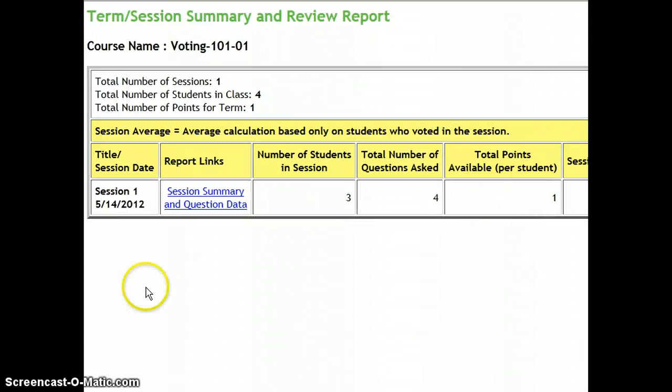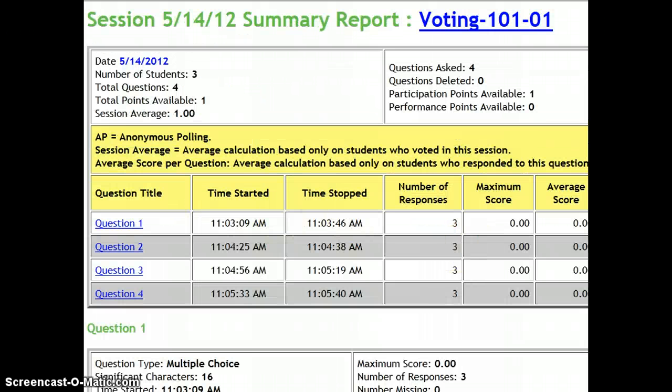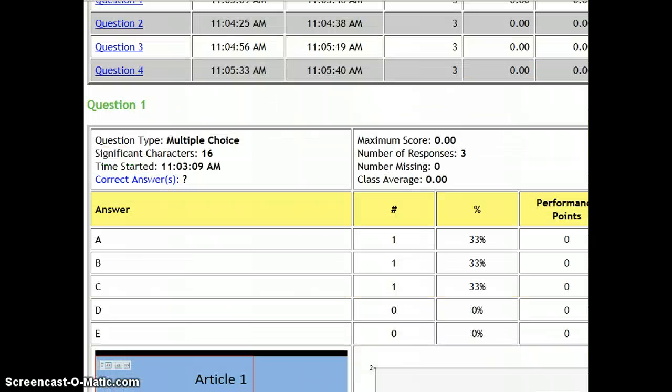In this case, I'll see that there was a session on May 14th, and this opened up in Firefox. If you use Internet Explorer or Safari, it will open up in that. I'll see that there were 3 people voting and that 4 questions were asked. If I click on Session Summary, it then brings me to each question, and I can scroll down and see